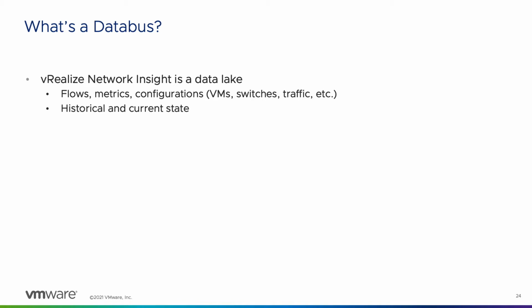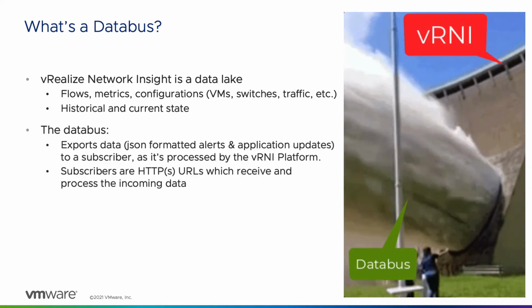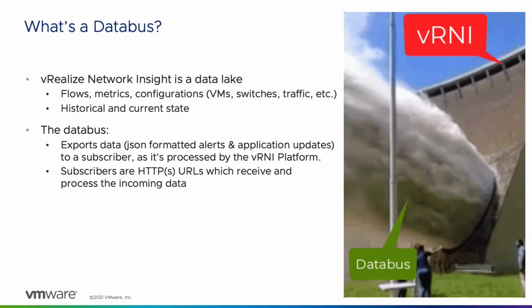Well, mostly because all of the data is available via the public API that you can pull from. However, there are certain data sets within VRNI that require you to do constant polling in order to get the up-to-date current information. So the Databus is a way to push that information to you instead of you having to pull it from